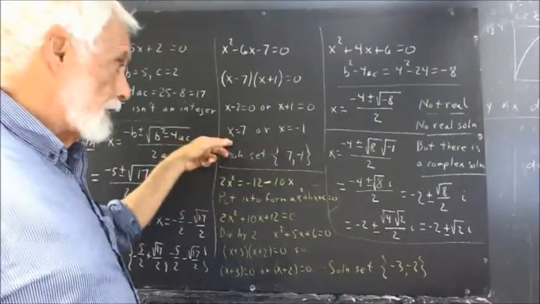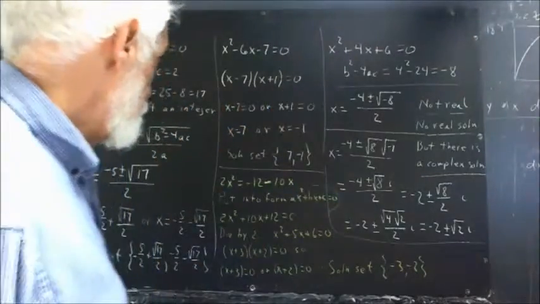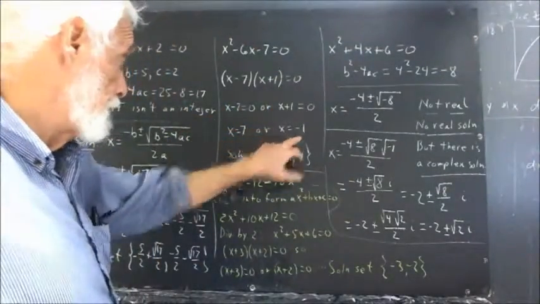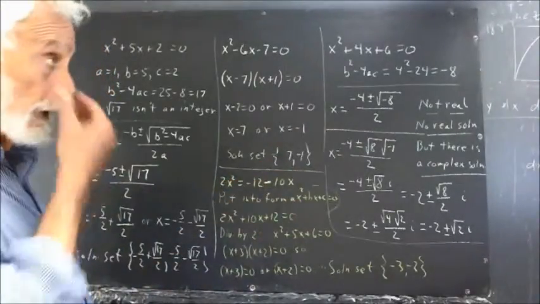And this corresponds to x equals 7. This, x equals negative 1. Very obvious solution to each of these equations here and here. So our solution set is 7, negative 1. Okay. Now,